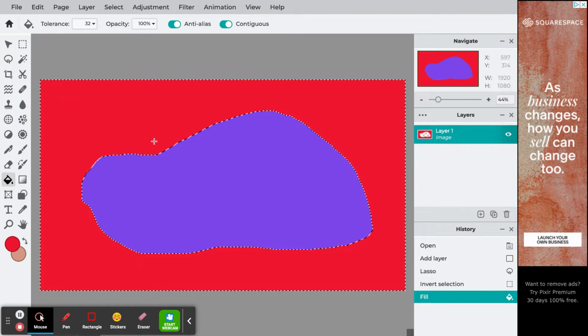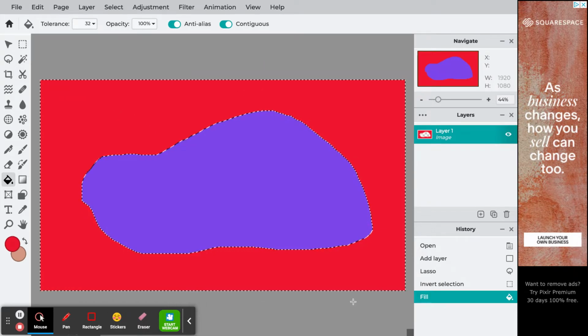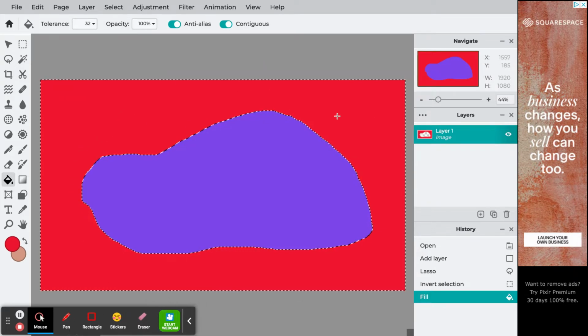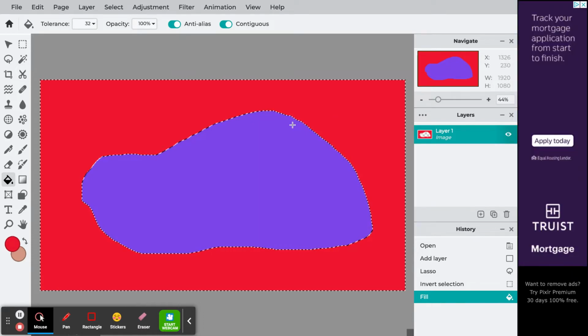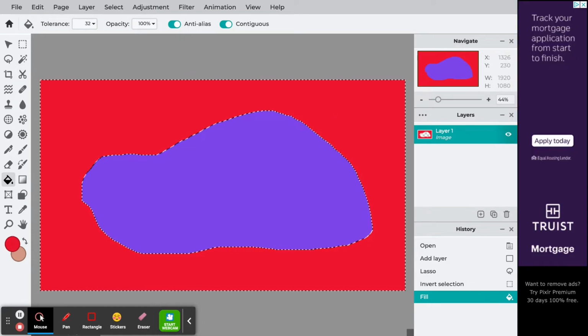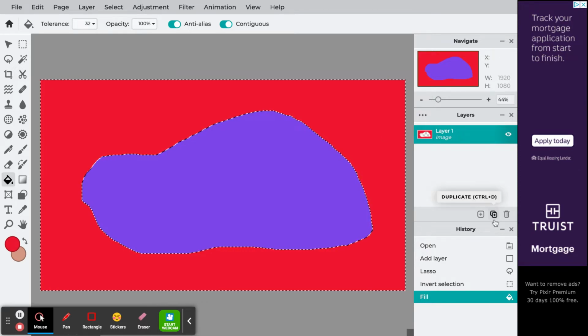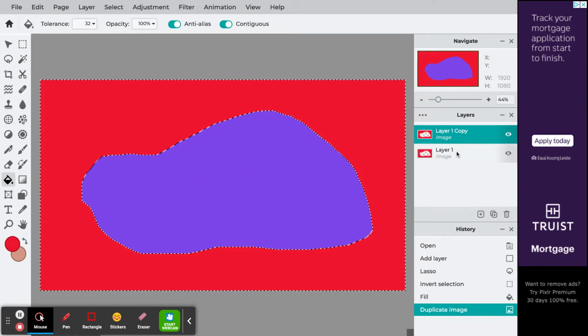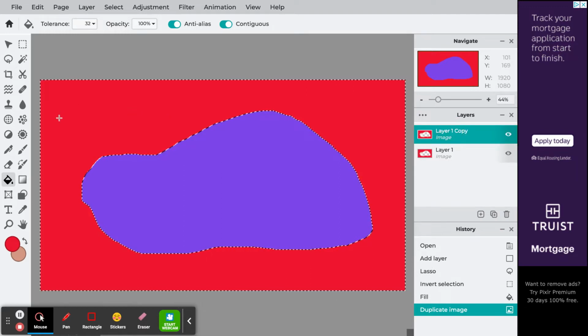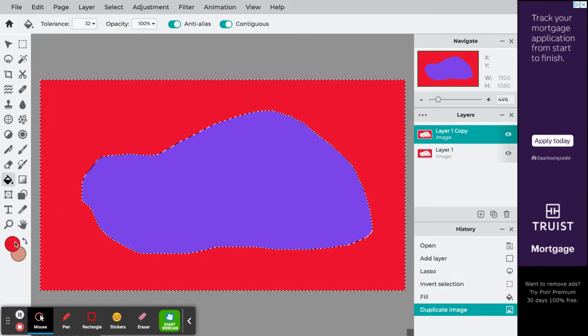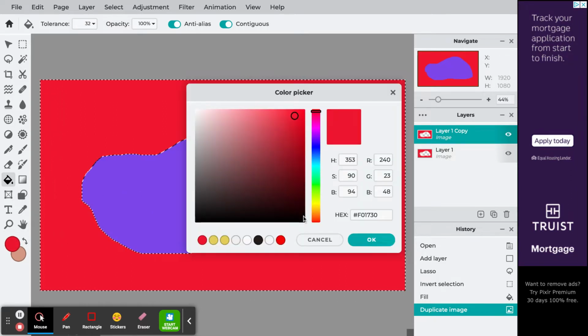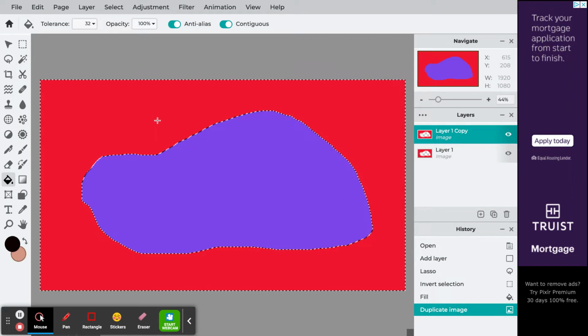Now what I want to do is use this same shape, but I'm going to make it black, and I'm going to drop it underneath that layer so that it looks like a shadow. So I can duplicate this layer, duplicate. Now I have another one. I can make the top one black now. So I can select here, make it black, fill that,